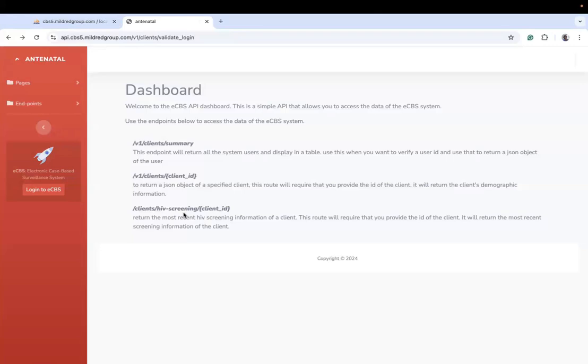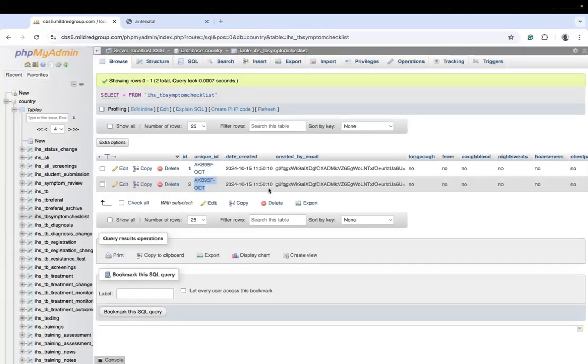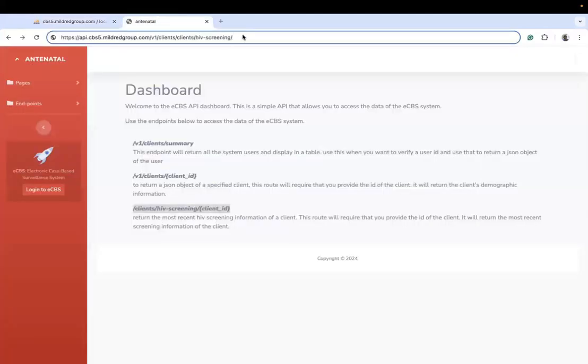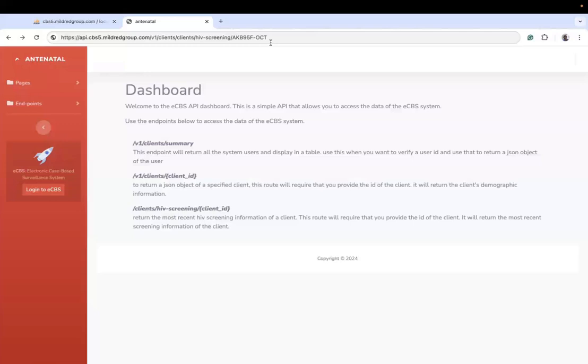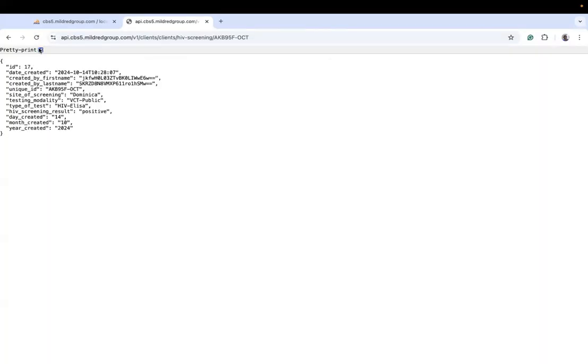You want to look at the HIV screening of the same client? Let's do that so that you can see it. Then we'll put the ID. So you need to know the client ID. What you will do with your system is pass this ID to the route. If it's a button you are creating for any of the pages, you can't individually pass the client ID. You want it to be done automatically, and the ID should be passed based on whatever ID is logged into that system. So when I do this, we'll get the JSON response also,